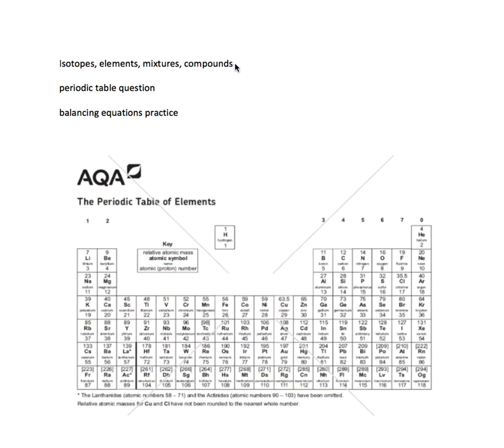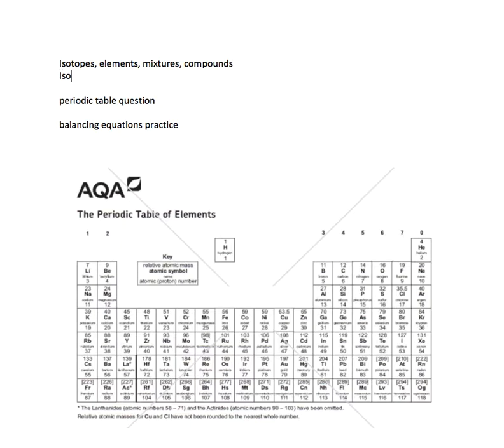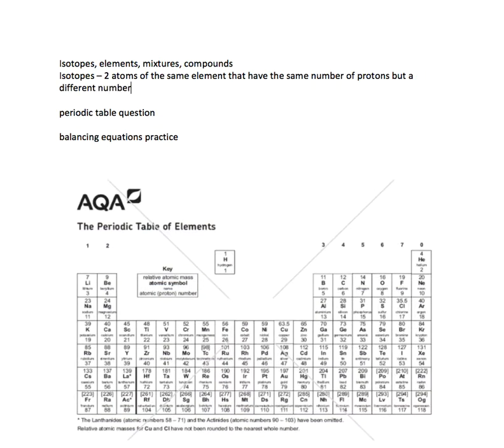Okay, so carrying on from where we left off on the periodic table, I wanted to cover with you what isotopes are. And the way you describe these, you have to be careful with your wording, because what you're talking about are two atoms of the same element that have the same number of protons but a different number of neutrons